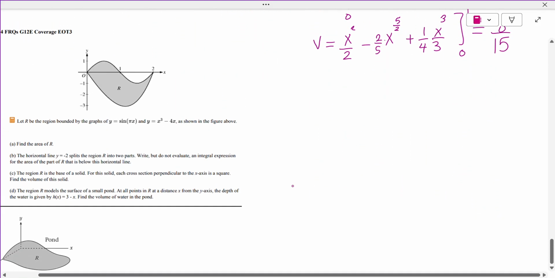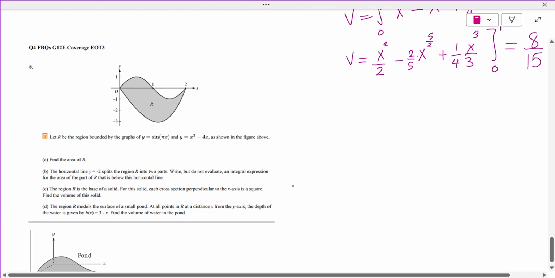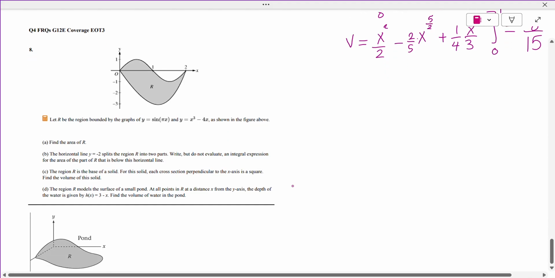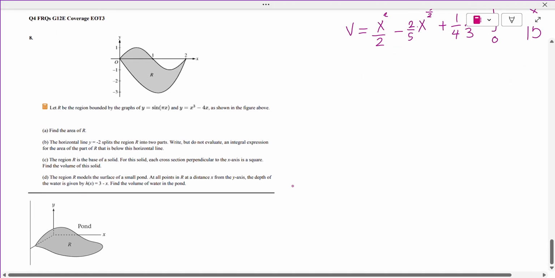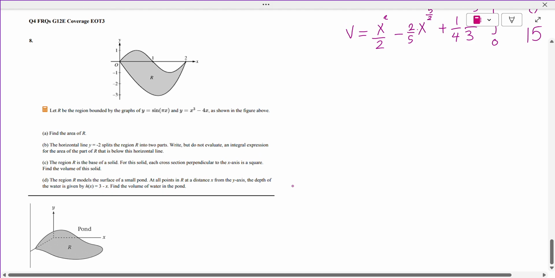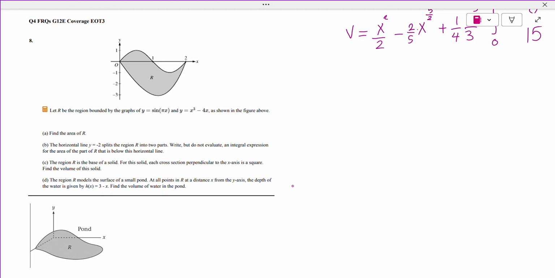Question 8 is a calculator active question, right? So let's talk about it quickly. We have a region R bounded by two functions. Part A, find the area. Okay, to find the area,